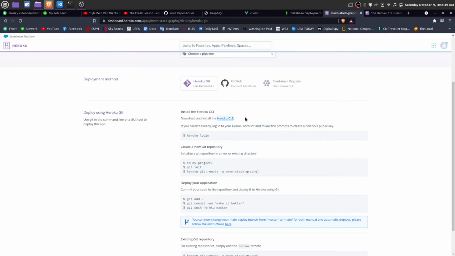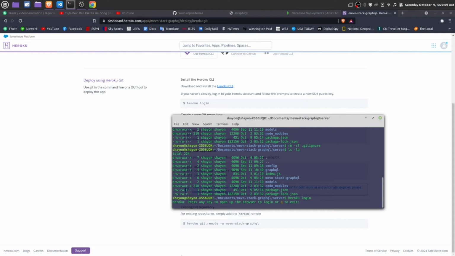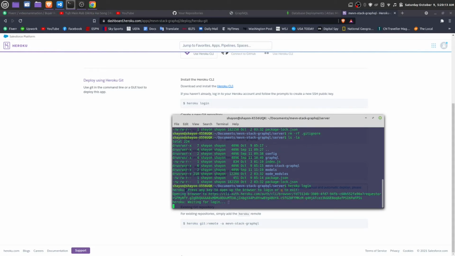Once you have installed Heroku CLI successfully, you should be able to log in with heroku login. It will take you to a login page. Actually, you have to press enter to go to that page. It will take you to the login page to authenticate your user.